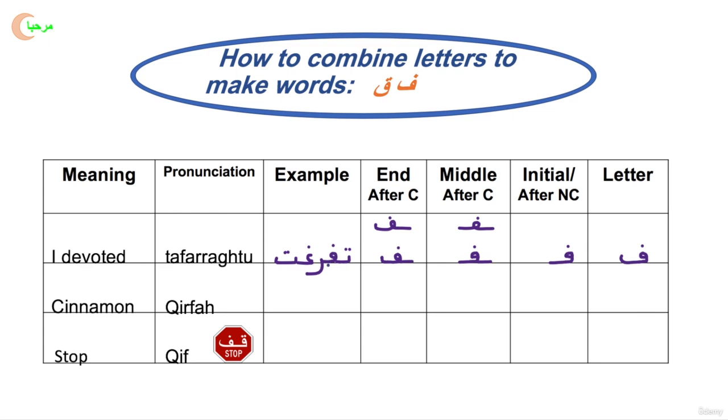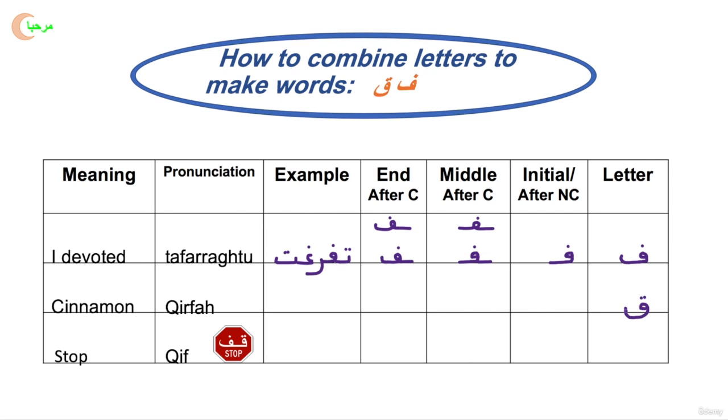I chose this word first because it has a fa and a ghain, and second because I want you to be able to say one day, I devoted time to learn Arabic. Now let's look at the next letter, which is a qaf, which is similar to the fa, yet a little bit different. So it has the circle, but instead of going on the line, it goes below the line. And then it has two dots here that you can also join.